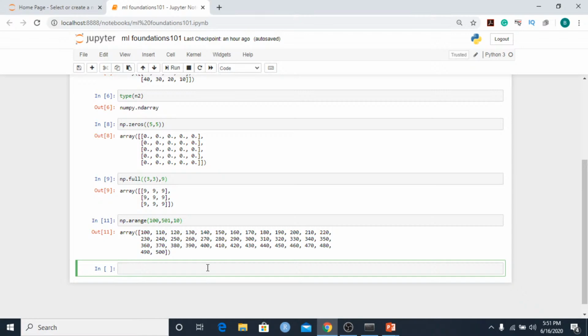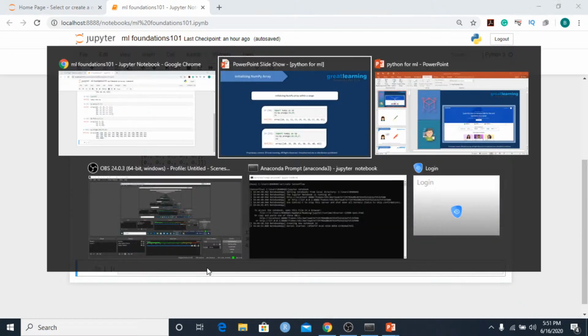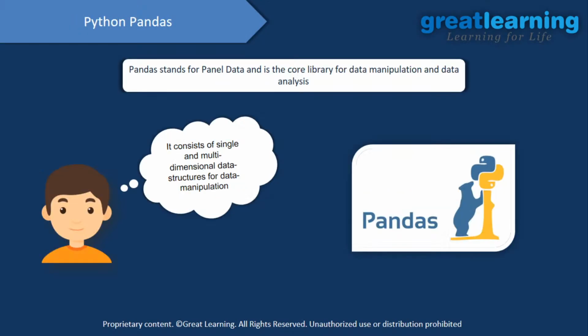Right. So the rest of the questions, I'll read up later because I've just covered NumPy till now, and let's go ahead to the other stuff. And now, once we're done with numerical computing, let's see how we can do data manipulation. So to do data manipulation, we have this library called Pandas, and it is the core library for data